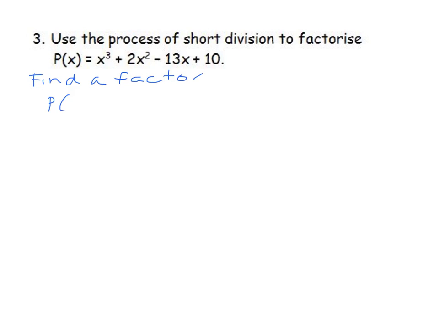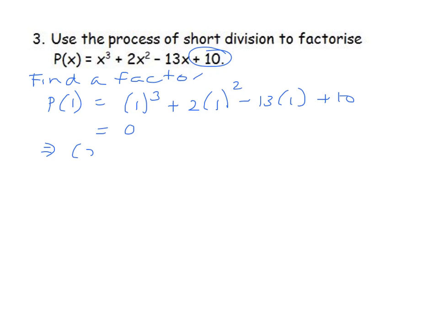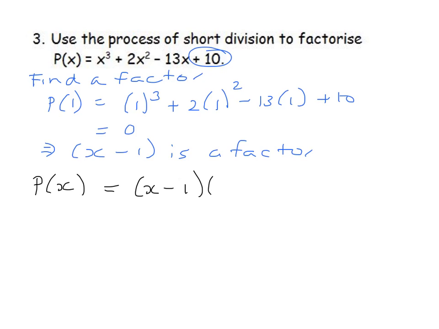And so I'm looking for factors of positive 10. So I try 1, so I've got 1 cubed plus 2 times 1 squared minus 13 times 1 plus 10, and that equals 0. So I know that x minus 1 is a factor. Now this is where it differs from before. And now I can split my polynomial up to be p of x is equal to x minus 1 multiplied